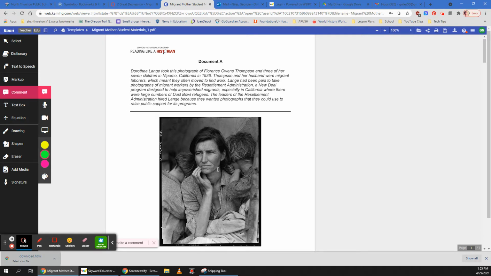Now, one of the things I want you to focus on in this photo is both strengths and limitations of the photograph. So on one hand, this is a photograph of a migrant worker and her family in their shelter at the time, which provides evidence of the living conditions that migrants faced in this area of California at the time. It also humanizes the suffering that many faced during the Great Depression. But on the other hand,